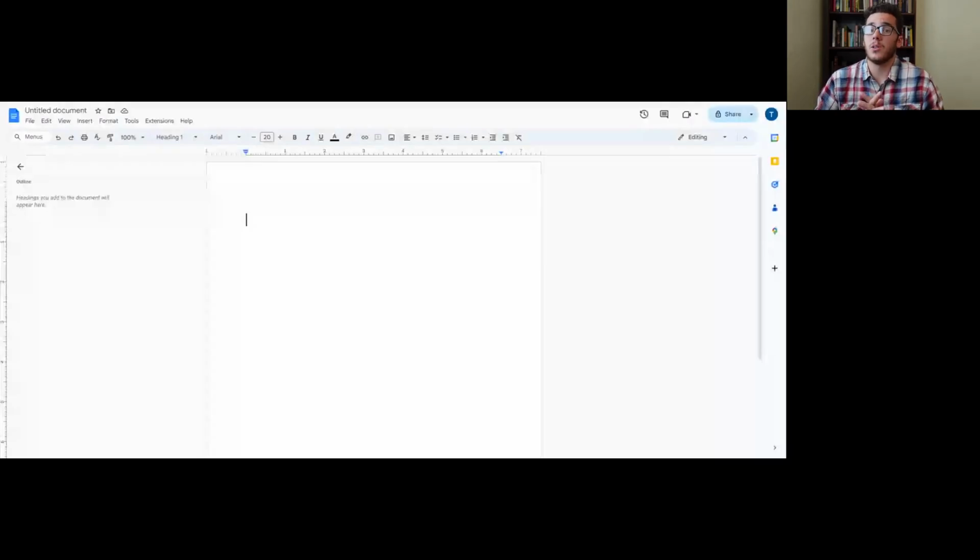Okay, so what I like about Google Docs and any of these note-taking apps that you can get is because it's digital, you can access it pretty much from wherever. I have Google Docs on my phone, on my computer, so wherever I am, I'll always have it with me, essentially, which I can't always say for a physical notebook, because I might not have it. I might want to jot down some thoughts about whatever I'm thinking about, but if I don't have my notebook there, then, if that's what I was relying on, I can't do it. But if I have it on my phone, on tablet, on the computer, then essentially wherever I am,